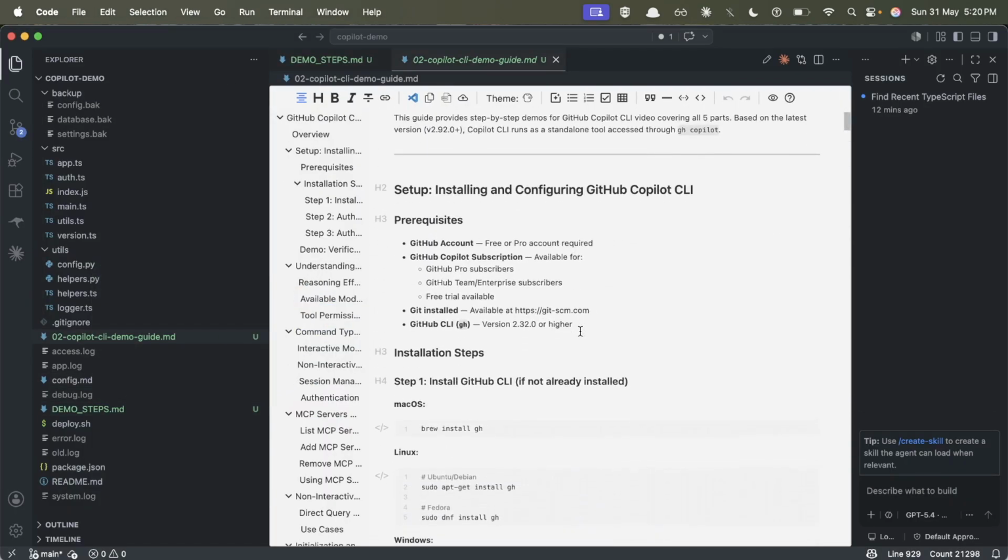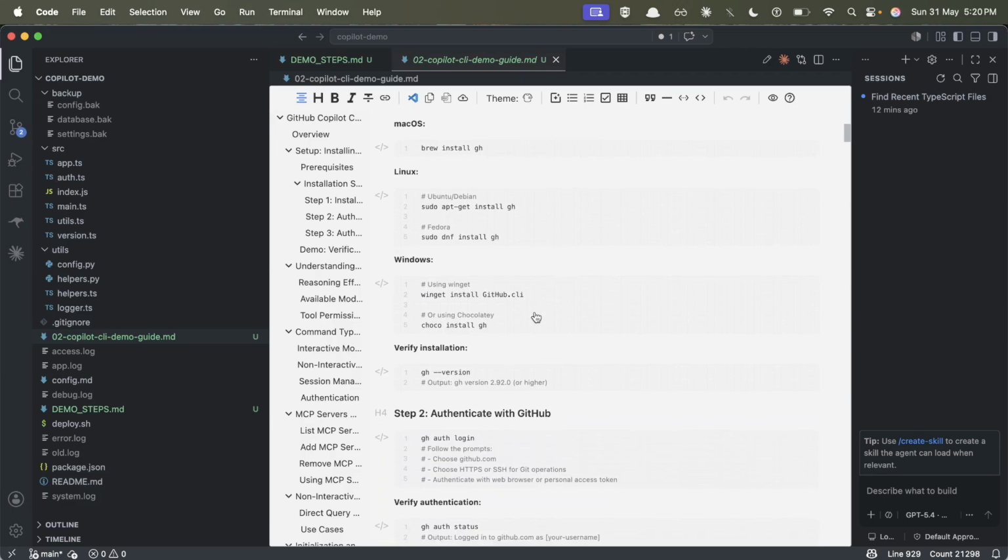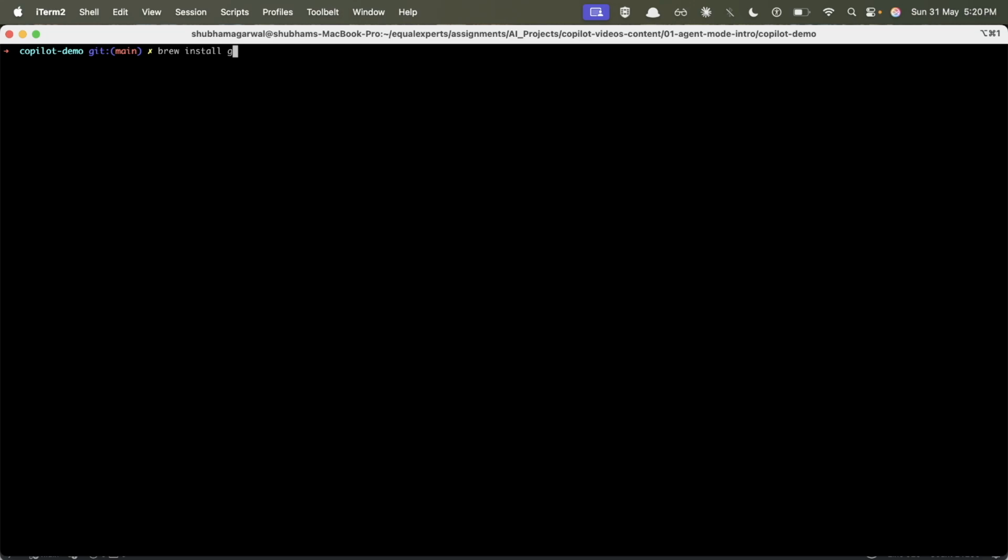So let me go to them. On Linux, you can use this sudo apt-get install gh to get the GitHub Copilot CLI interface, and similarly on Windows, you can use this winget command. After you have done that, you can log into your GitHub Copilot account using gh auth login. Once you do that, it will log into your GitHub Copilot account, and then you can check